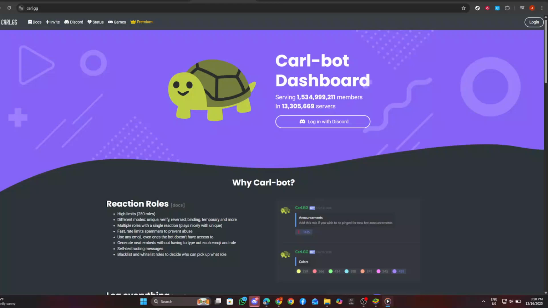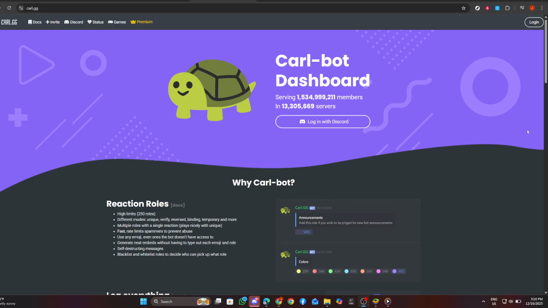In today's video, I'm going to teach you how to block links and server invites on Discord. By the end, you'll have a clean setup that automatically stops unwanted links and invites spam using Carlbot's Automod tools. Make sure you have the manage server permission on the Discord server you want to protect, since you'll need it